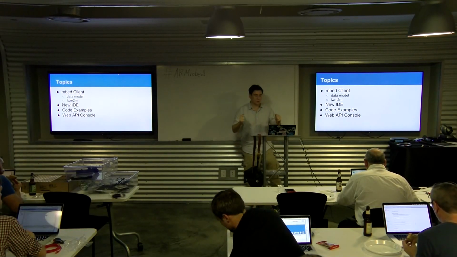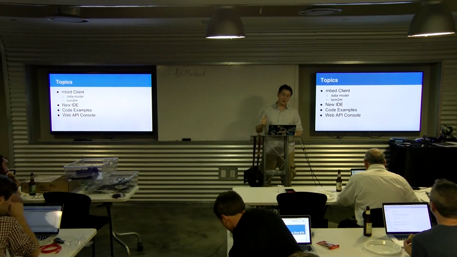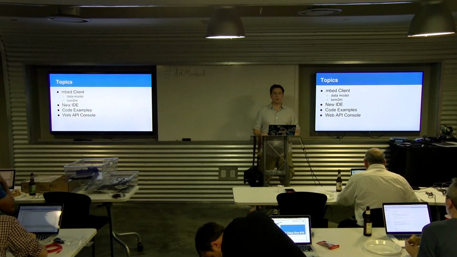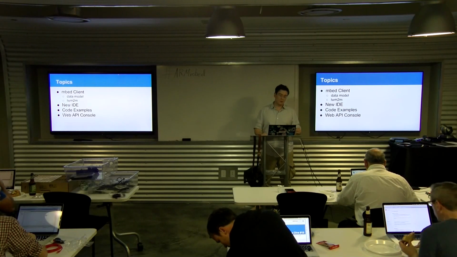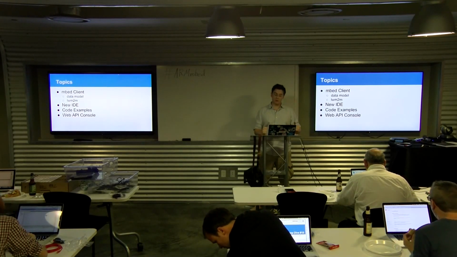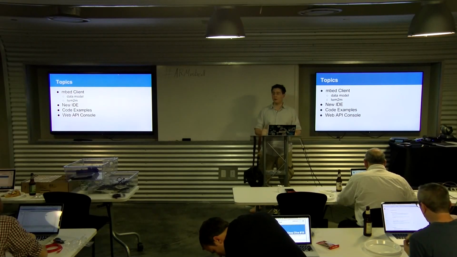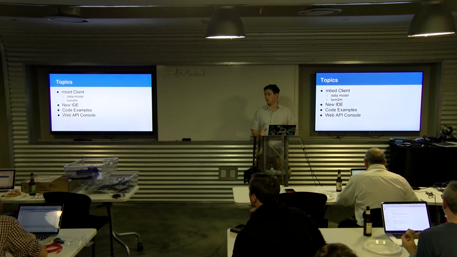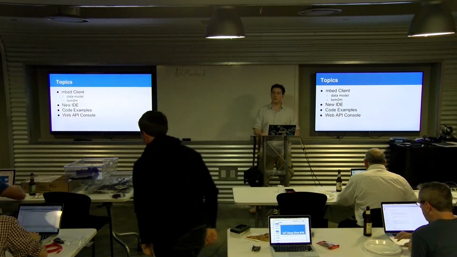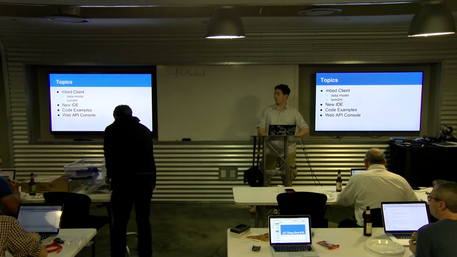To do this, we're going to talk about the data models involved, specifically lightweight M2M, because that's the nitty-gritty of how we're going to enable IoT on these endpoints. We're going to talk about the new IDE that we're going to be using to enable this. We're going to go over some code examples, and finally we're going to go over the web API console, which lives on connector.mbed.com and shows you all the data that comes in and out. So, without further ado,